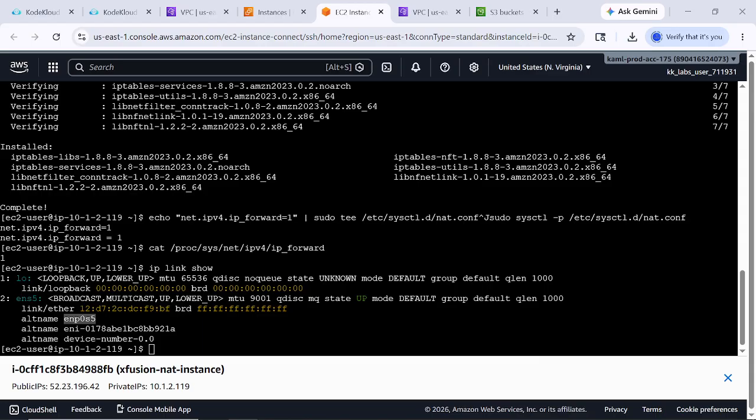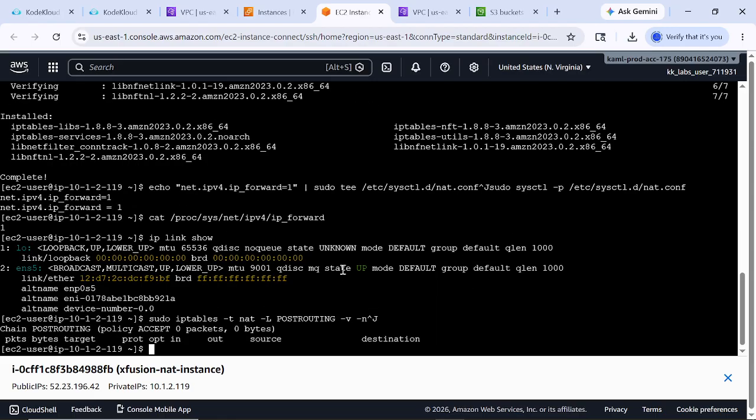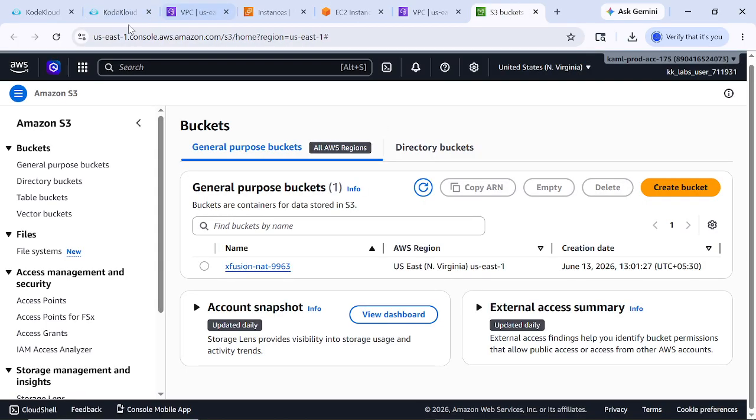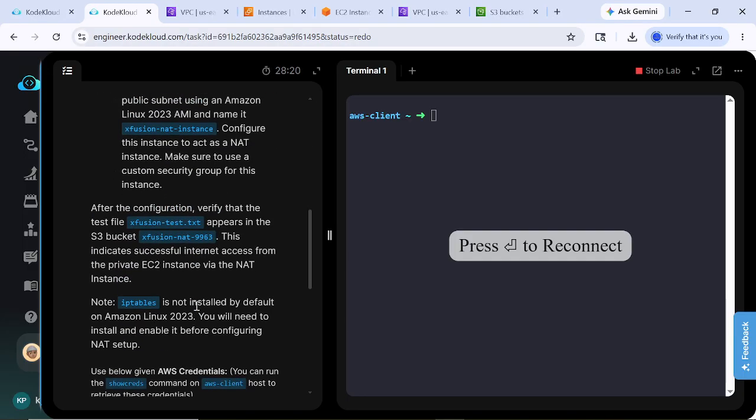Okay, so let me run this command. This will create an iptables rule. Okay, this is created, and let me check the IP. Perfect. All right, this is done, and let me quickly go to check what we need inside the S3